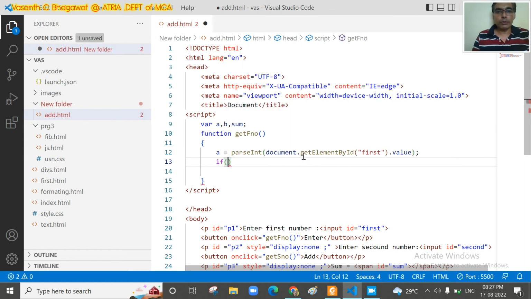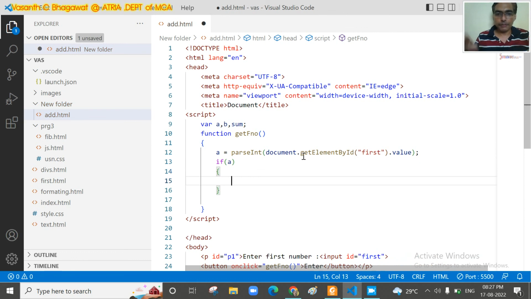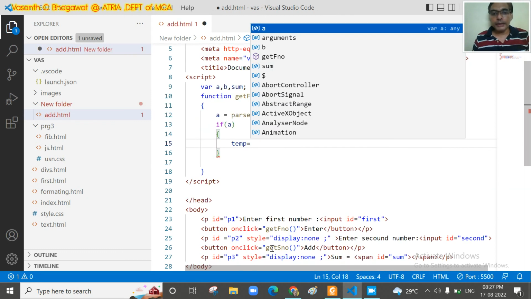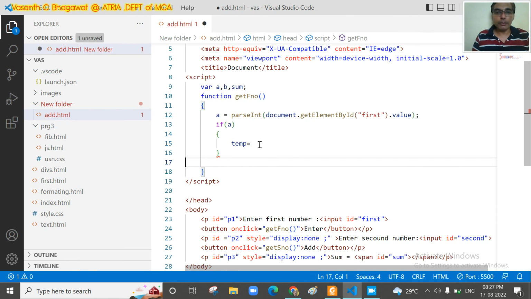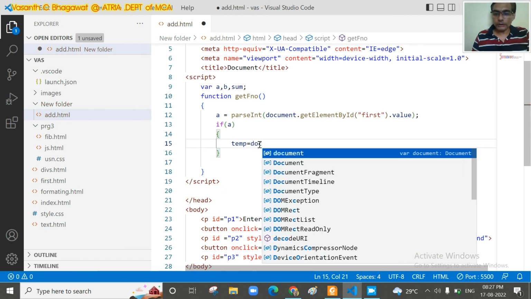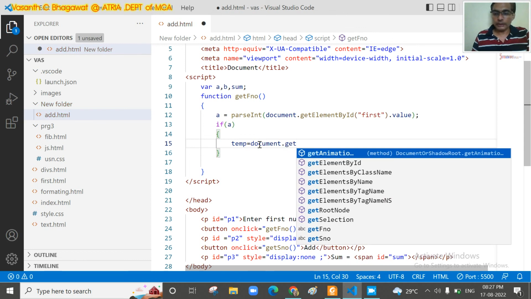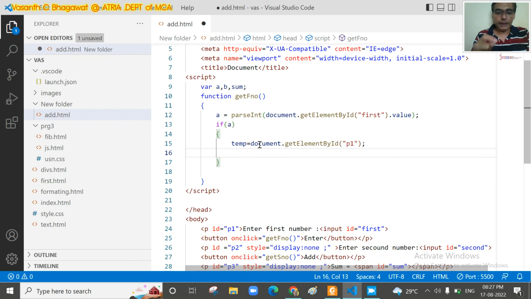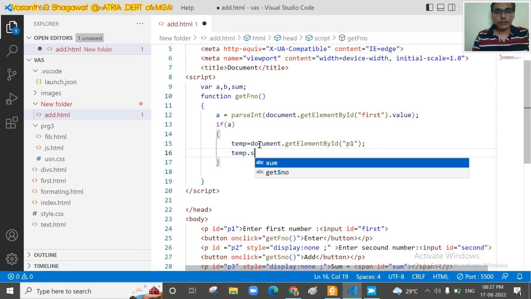Now we'll use another if condition, if a, that means if the number is there, then only we enter inside. So now we'll take another variable temp. Now we will get this particular first para. So this p1 is related to the first number. We will get the id, because if that number is there, we are going to hide that particular property. So temp equal to document dot getElementById p1. That is, from the first para I get the id into temp, and this temp dot style